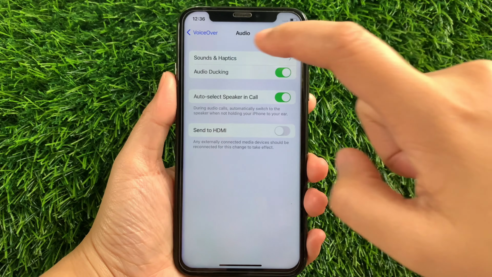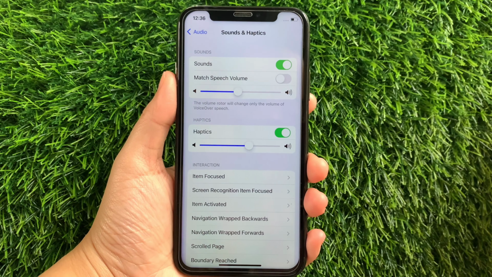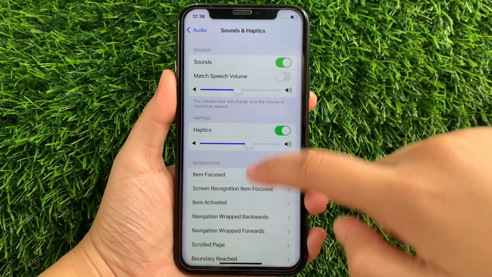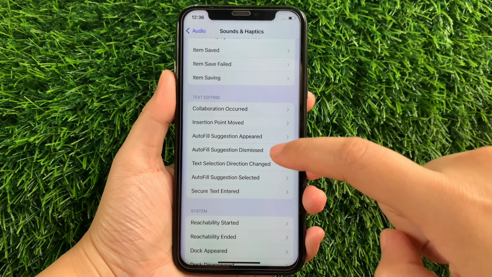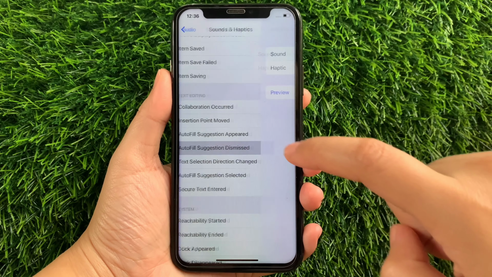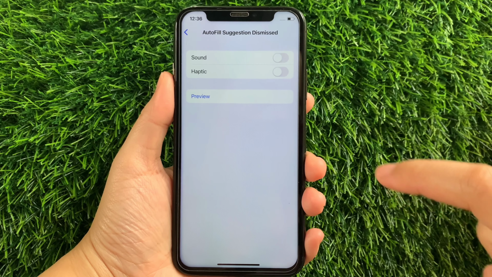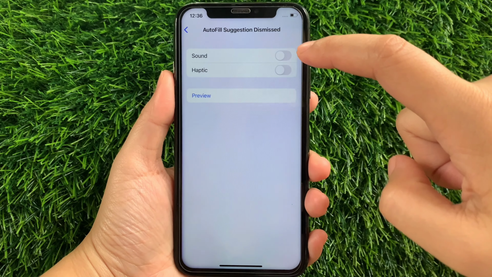Then in the Audio, tap Sounds and Haptics. Then in this part, in the Sounds and Haptics, scroll down and go to Text Editing section and then tap Autofill Suggestion Dismiss. Then in the Autofill Suggestion Dismiss, find the Sound, and as you will see, there's a switch button located on